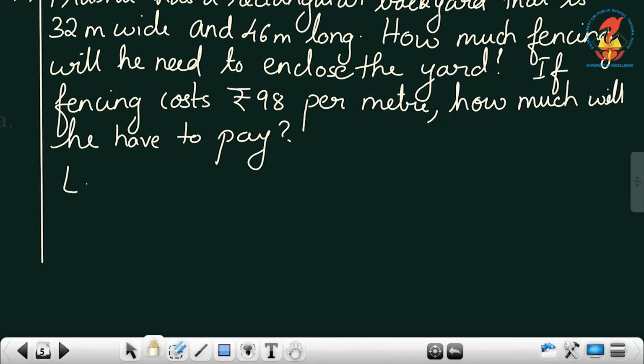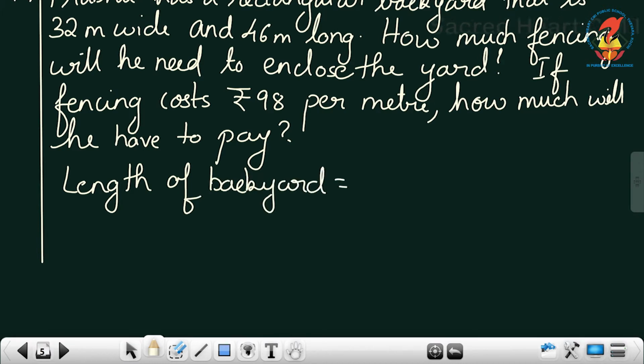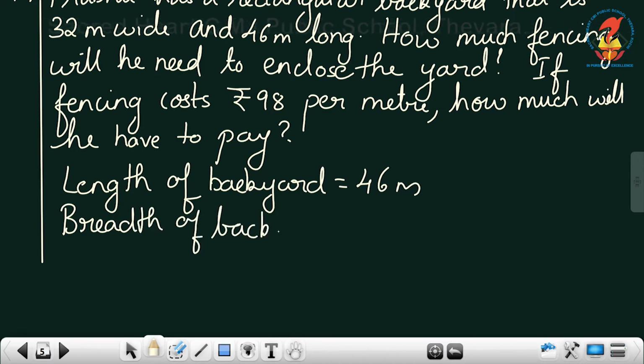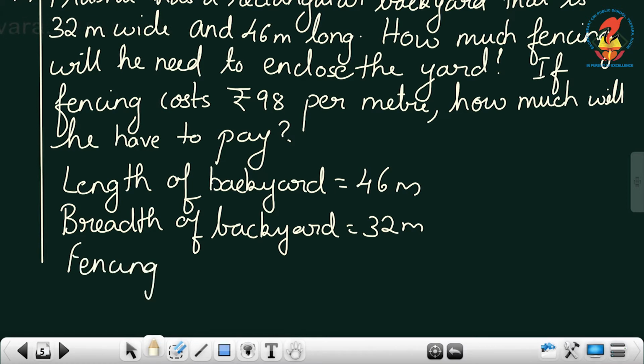So, you'll write: length of the backyard is equal to 46 meter. Breadth of backyard is equal to 32 meter. So first you have to find out what is the fencing required. You don't have to write perimeter here. Instead of that you will write fencing required for the backyard. For that you have to find out the